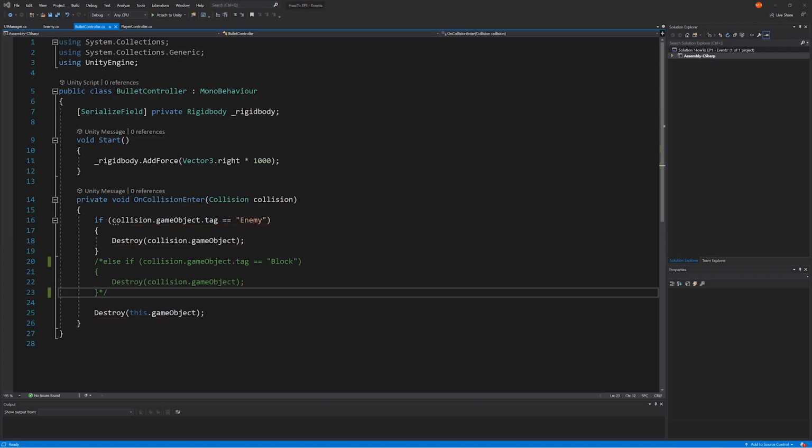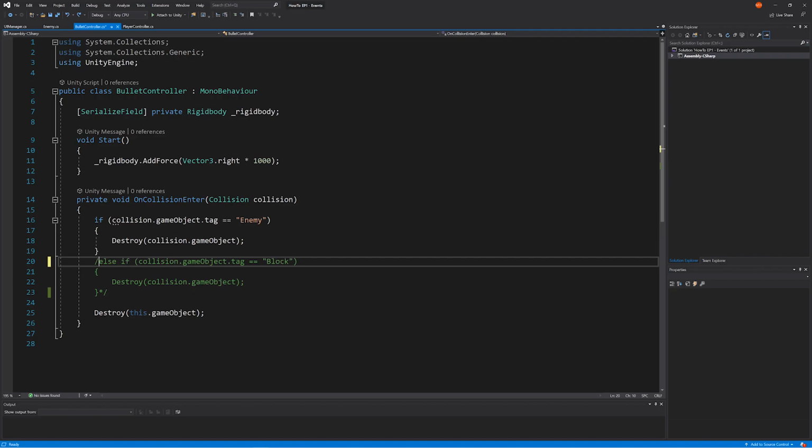I've commented out this section here because this is going to be one of the ways that we go about detecting other objects. Because of course we don't want it just destroying everything in the scene. So what we can do is add a tag to the cart, which is blocking things. And in here we've got a block, and it will do the same thing and destroy it. So if we bring these lines of code back in,